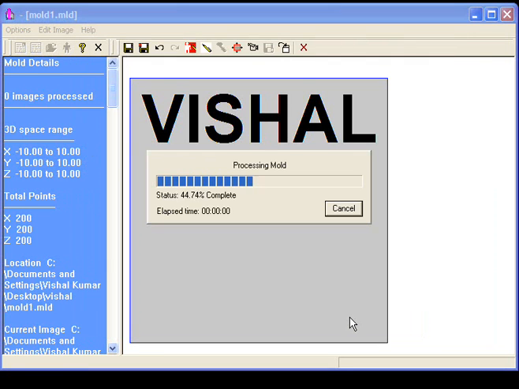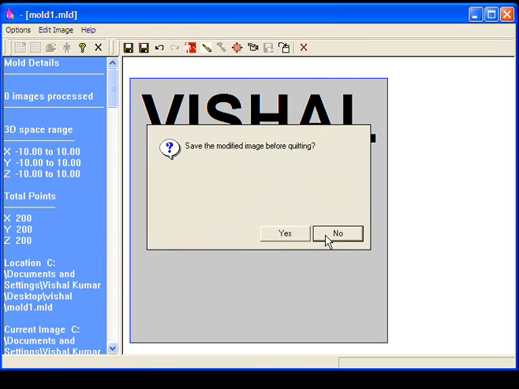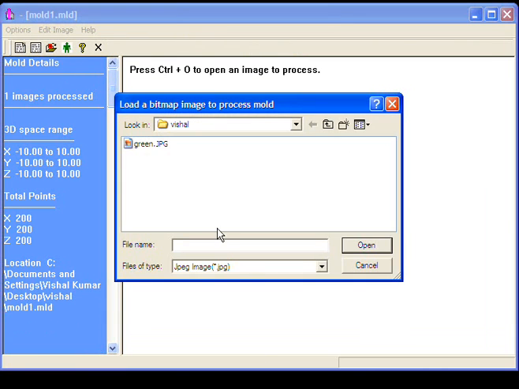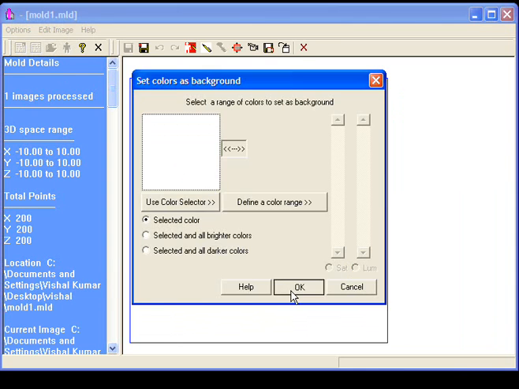We apply it, close it, and now we are ready to apply the second image. We set the background,